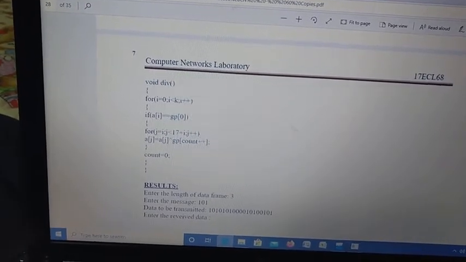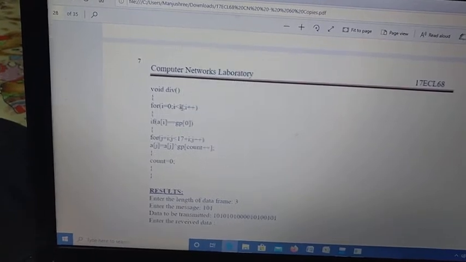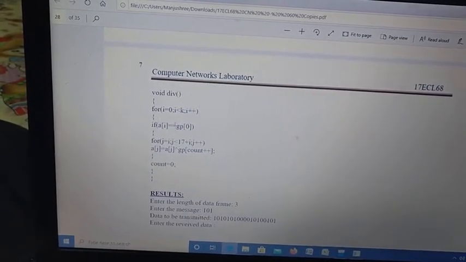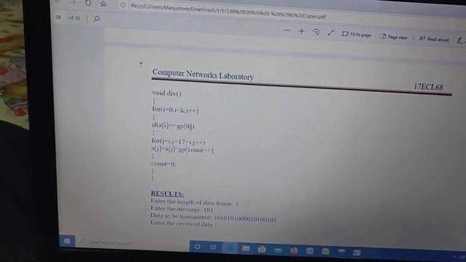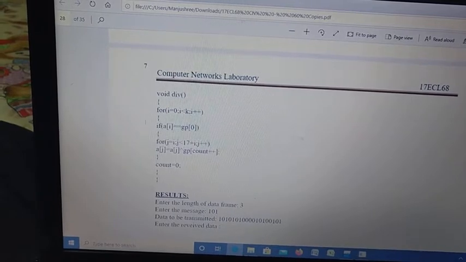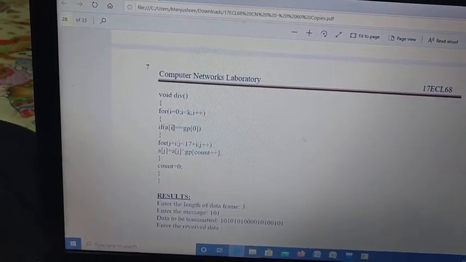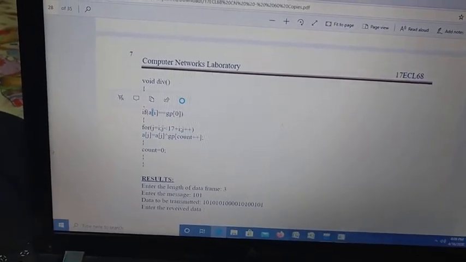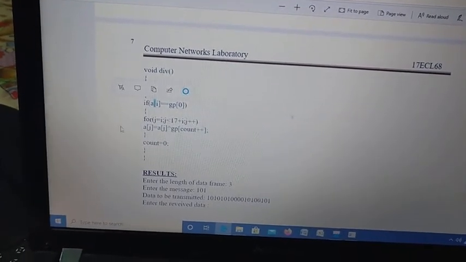So in the void div function, for I equal to 0, 0 is less than 13, the condition is true. Bitwise checking is performed, that is, if A of I is equal to GP of 0, where A of I is nothing but A of 0. What we have in A of 0, that is 1, is compared with GP of 0.